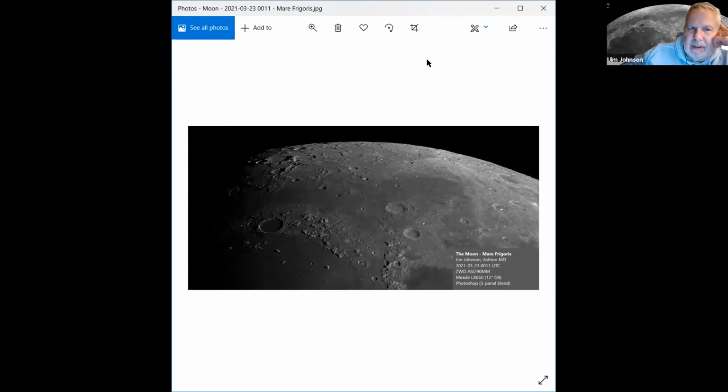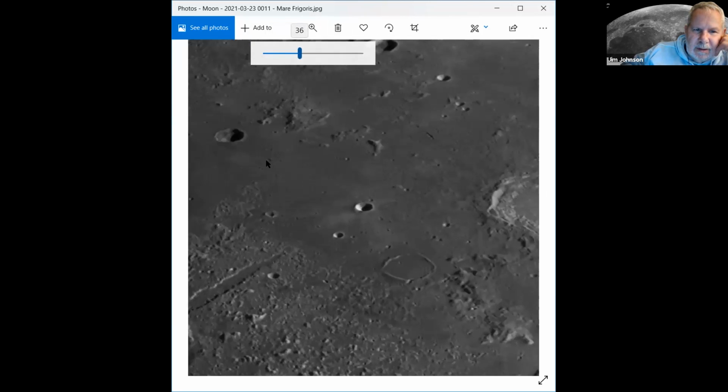The picture that I'm sharing, similar approach. It's about 5 camera frames, I think, maybe 6, probably 6, and I combined them in Photoshop. It was very seamless. The scale is about 0.24 arc seconds per pixel, or 4 pixels within an arc second, which is probably a better way of saying it. So it's a very large image with a very fine amount of detail. You can start to zoom in on this and really start to see some detail there.